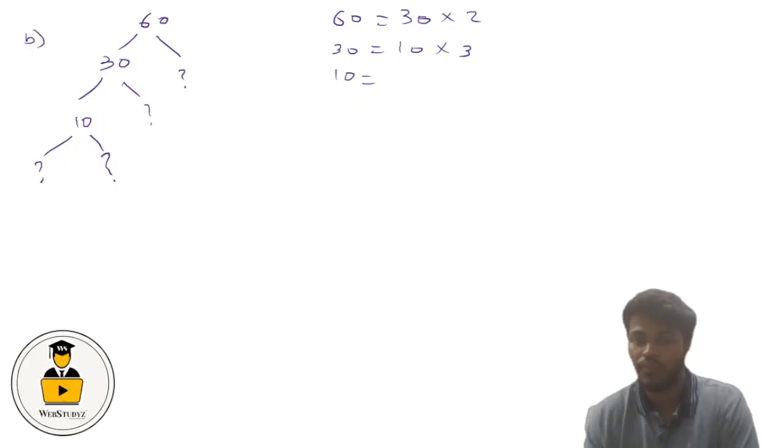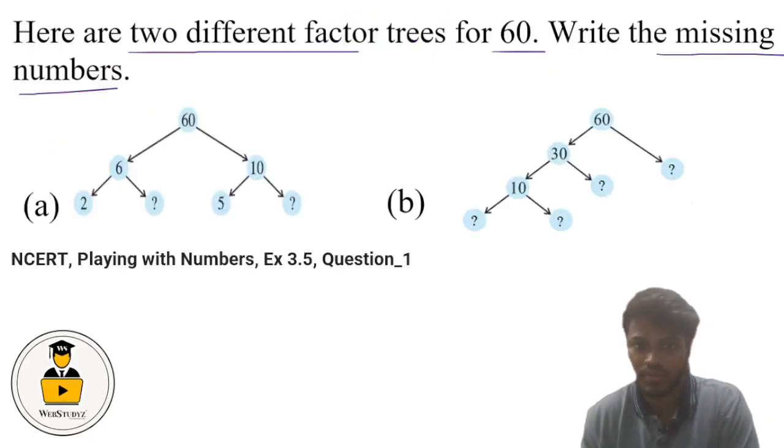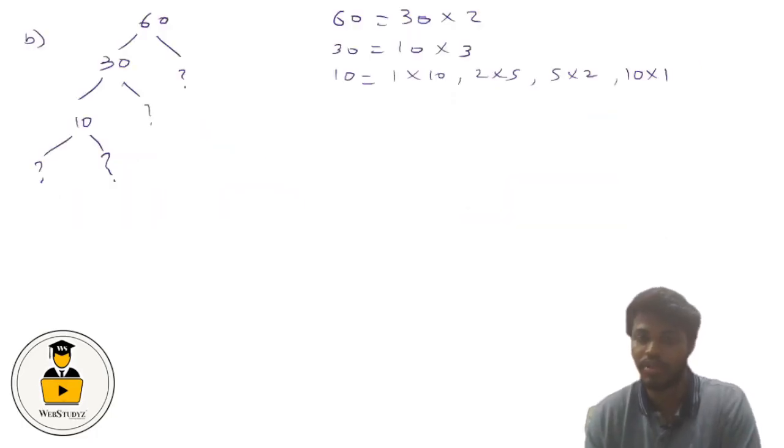Now we have 10, and we need to find out the two factors for this 10. Now 10 can have many factors, like 1 into 10 will also give us 10, then 2 into 5 will also give us 10, 5 into 2 will also give us 10, or 10 into 1 will also be there. But if we consider the prime factors,